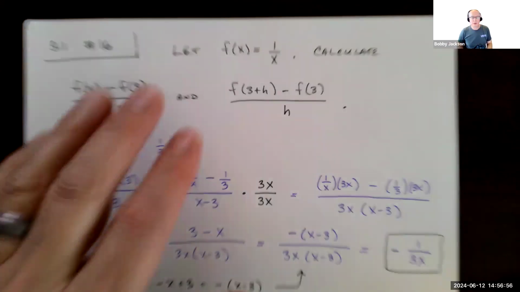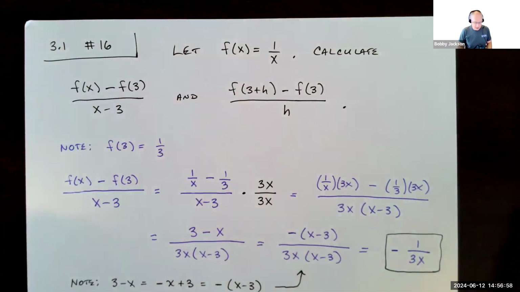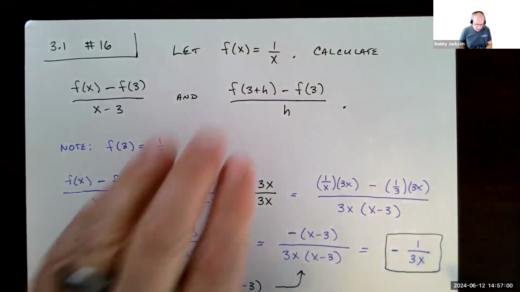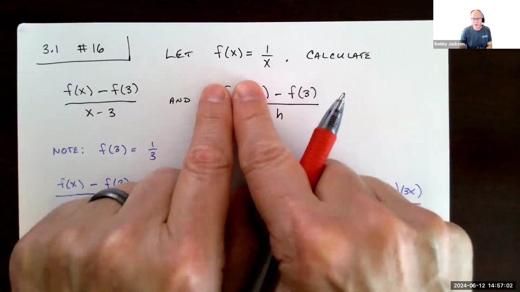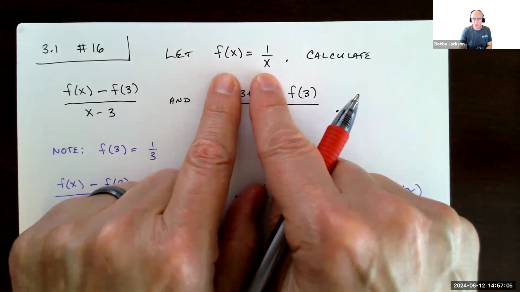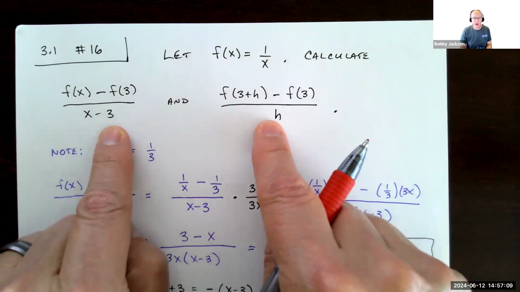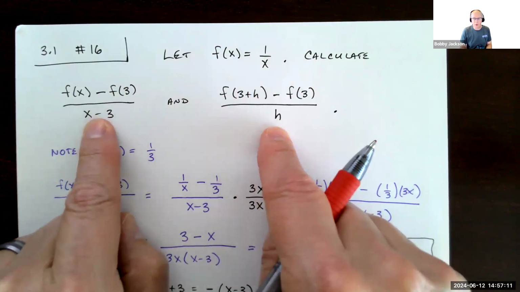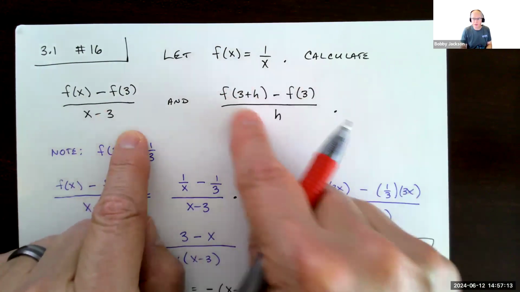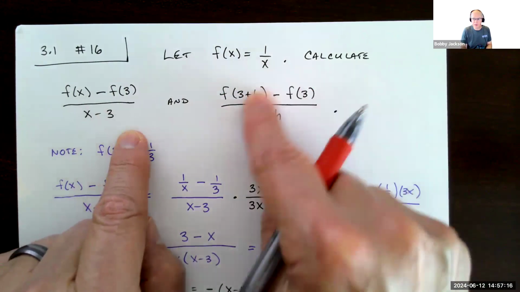All right, so we're going to look at number 16 in section 3.1. And it says for the function f of x equals 1 over x, we're going to calculate these two expressions. These are basically difference quotients, different forms. If you remember, this is the form that we see in the limit definition of the derivative, and this one